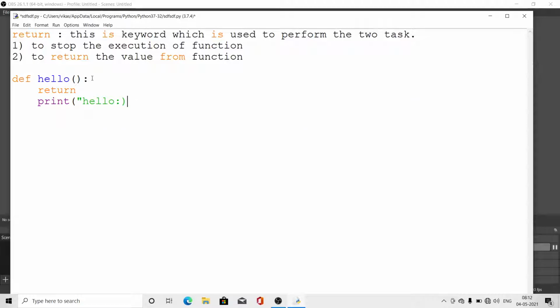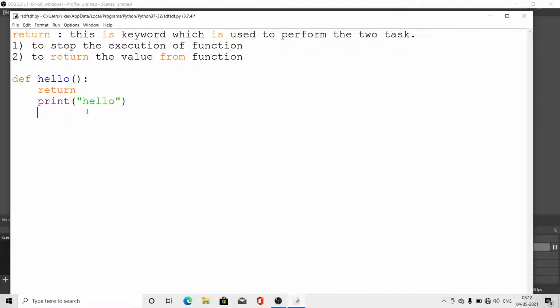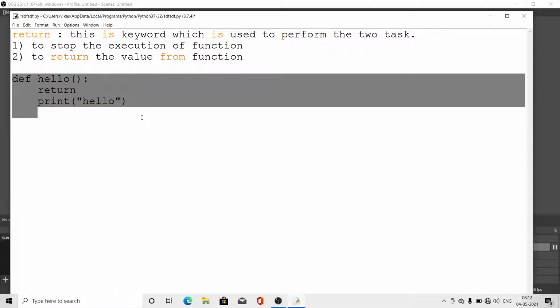So what will happen? The hello will never be displayed, because when return executes, the function stops from there. Whatever line you have written afterwards is not reachable. So an error will also come that it is not reachable. Clear? So that is the use of stopping the execution of the function. Later on we will see many ways.